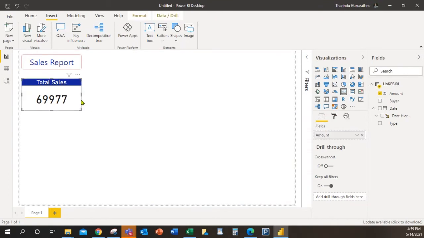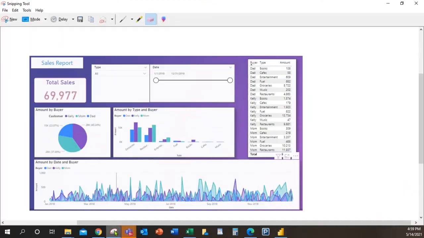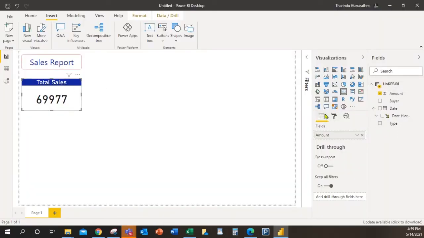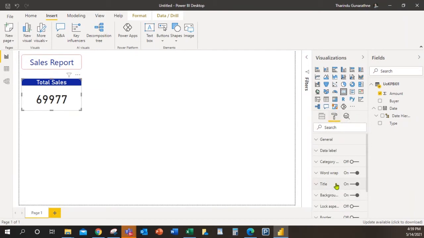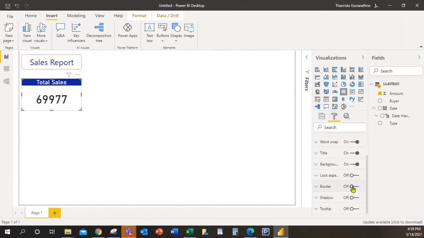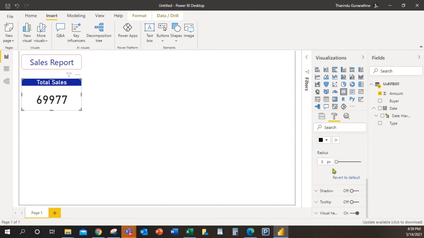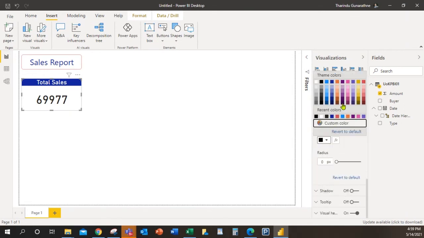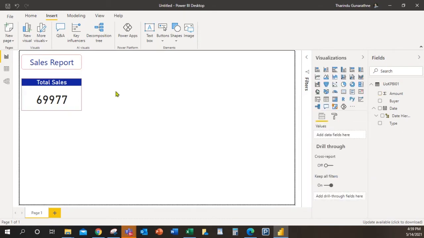Now you are going to draw a border, because here you can see there's a border. You can go to format and switch on the border like this. You can set a separate color for that. Likewise, see, now you can see the border.